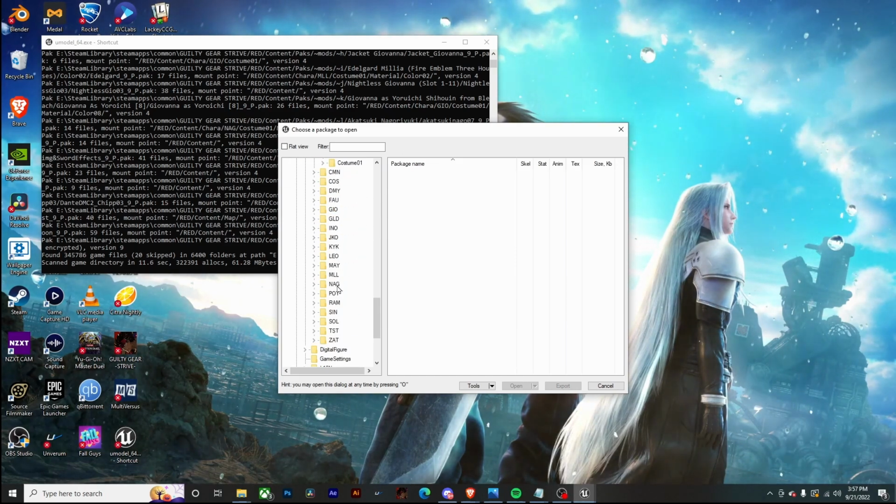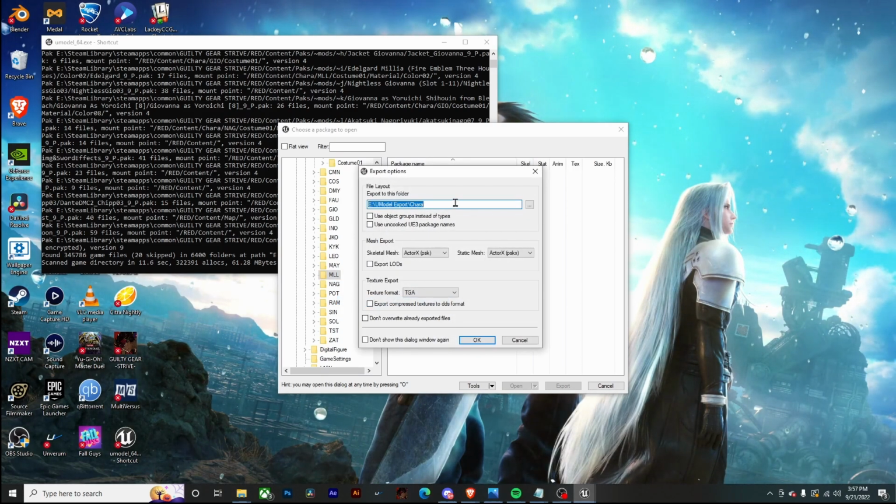But for this example, we're just gonna click on Milia, right click, export folder content, and then ahead of time, definitely have a folder for your UModel exports so that you don't have to go spend 50 years searching for it. I have all these unchecked, and then for the mesh export, I recommend PSK for both of these, PSK,